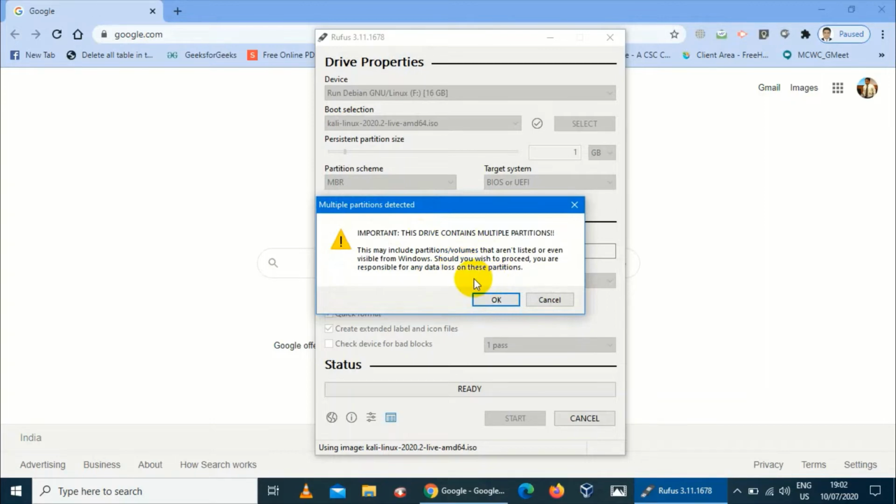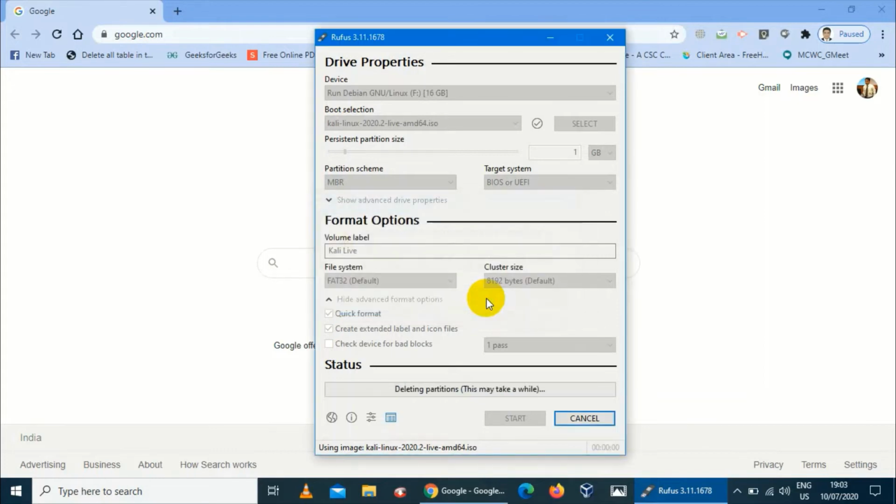Out of your 16 GB or 8 GB pen drive, only about 2 GB will be used. The remaining space on the USB drive you can access for simply copying and pasting whatever data you store. So simply allow the partitions. Now it will delete the partitions I had already created on this USB drive, and it is also formatting the USB drive.